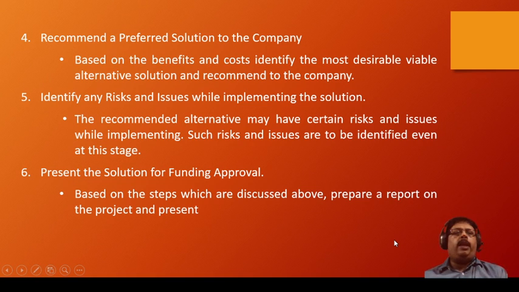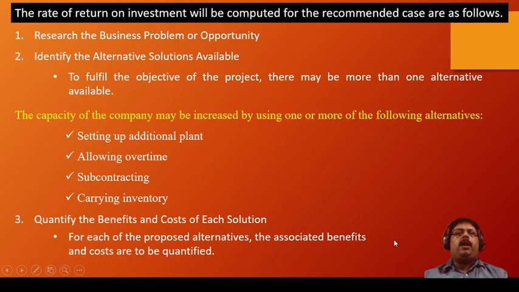Fourth one is recommend the preferred solution to the company, based on the benefits. Then identifying the risk. See, as I said, risk factor is evaluated in every stage. Next is presenting the solution and funding approval. So these are the 6 steps considered